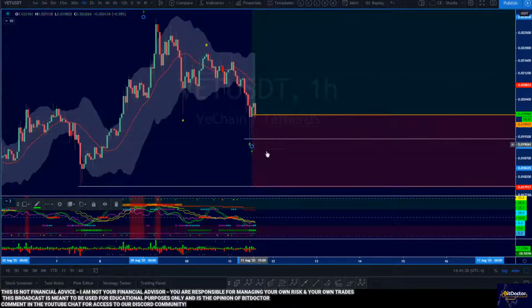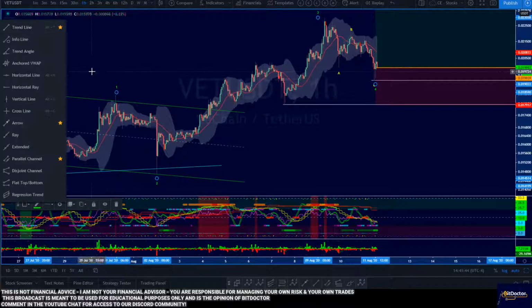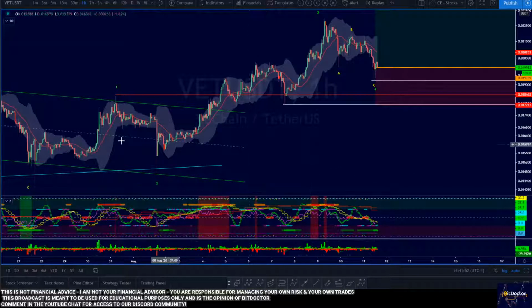But if we do, it's still possible that we have a little bit lower to go, but I don't think that we violate this guy here. I don't think we violate this low over here. Certainly, this 1 should not be violated. So this 1 should actually be more important to you from a stop loss perspective. So let's just put this guy right about there. Let's just make sure that we got that tagged appropriately here.